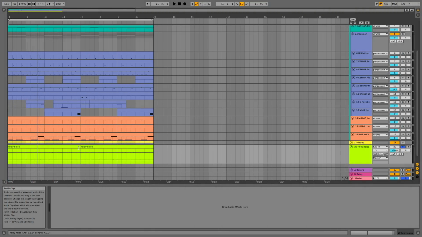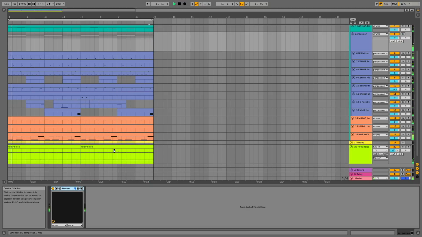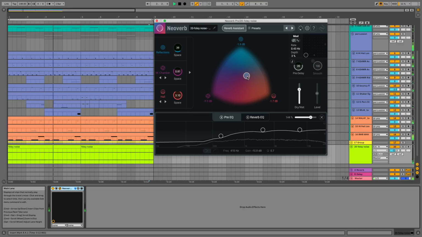Mistake number 4 is adding layers that contradict why you're using reverb in the first place. A popular technique in modern production is to layer vinyl or white noise on a track like this. However, we already have a sense of space from the reverb. Adding a really neat layer of noise feels like we're covering the lens with a fabric instead of contributing to the existing space. What's nice here is I can just duplicate the reverb from my percussion, drag it on top of the noise, and play with the settings to get a nice blend of both.